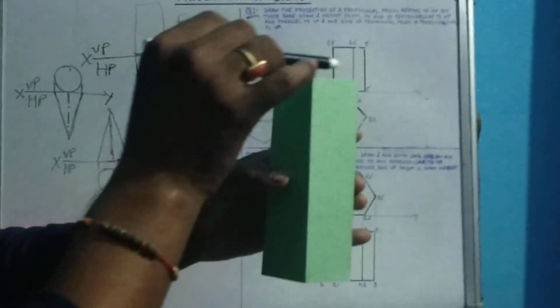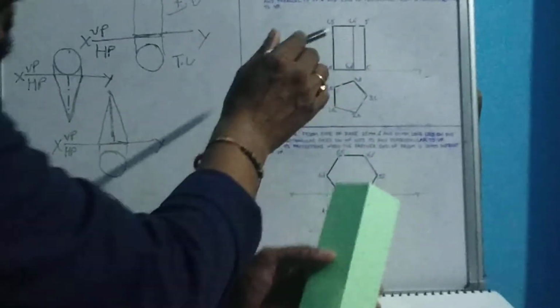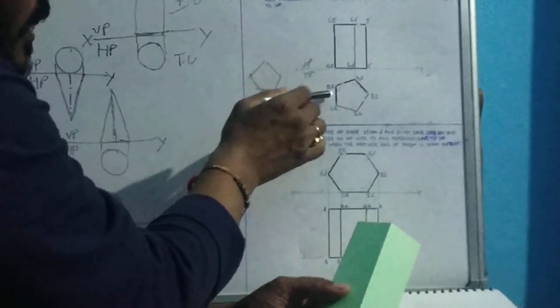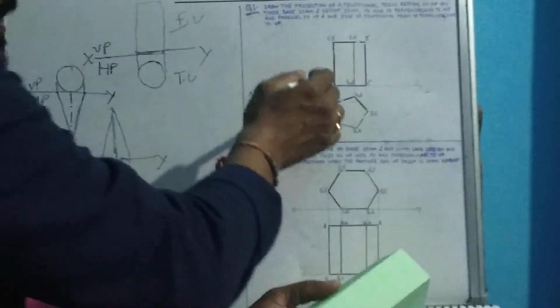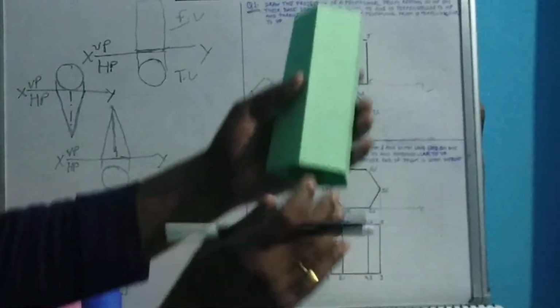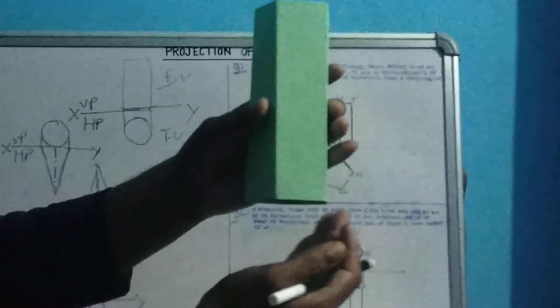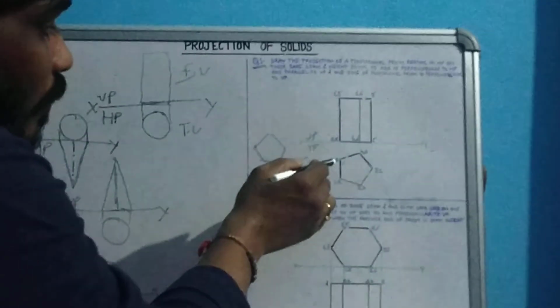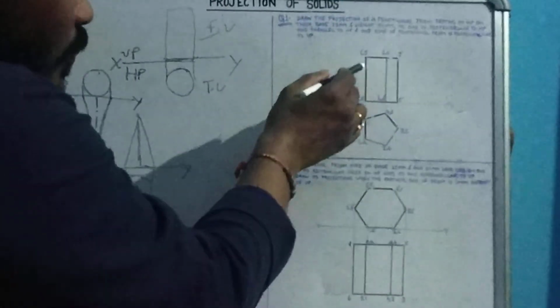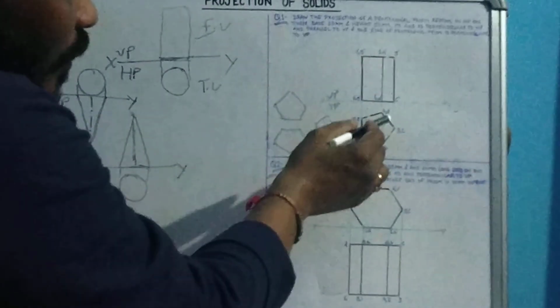So the upper face is considered 1, 2, 3, 4, 5. That is why it is mentioned here: with 1 and 5, the numeric labels come upward and the alphabet labels come on the bottom. Why? We are considering this portion A, B, C, D, E, and this portion 1, 2, 3, 4, 5. So the 1 and 5 line is going here. 4 and